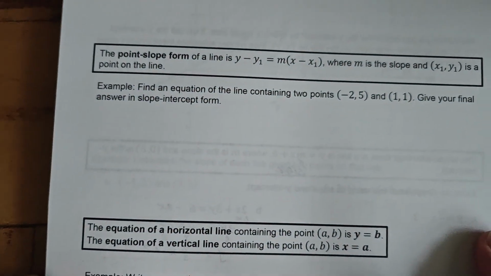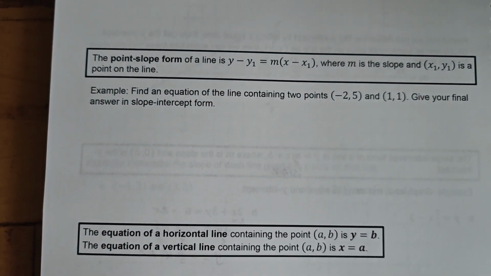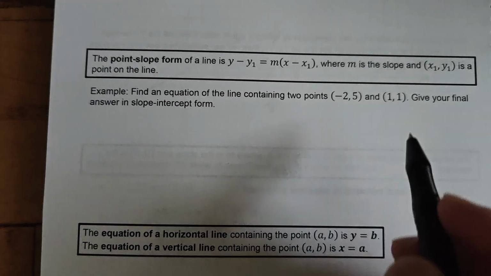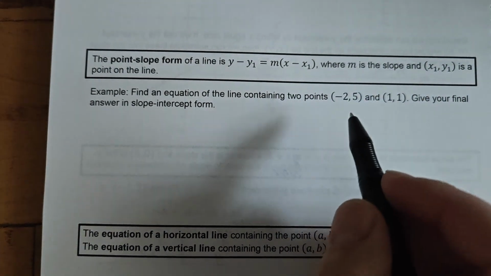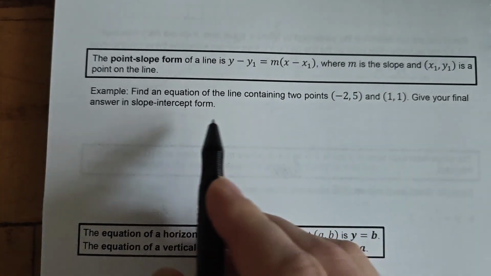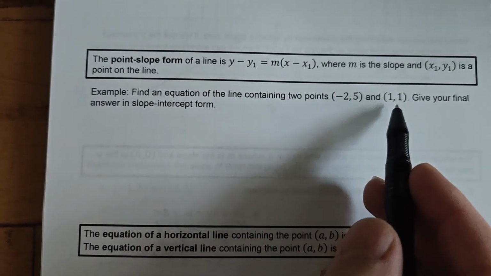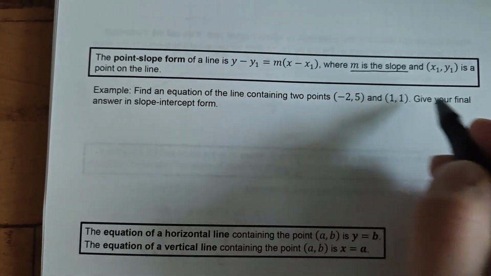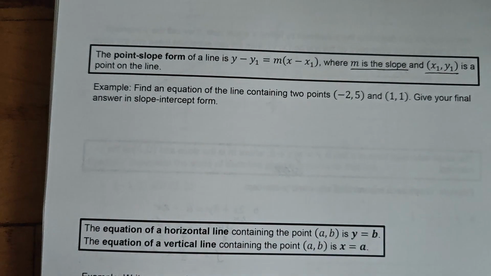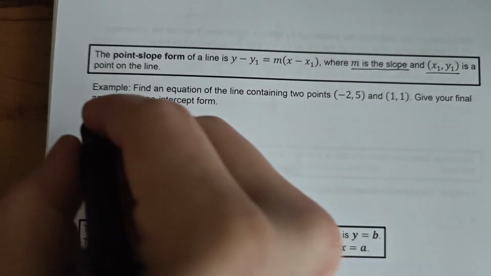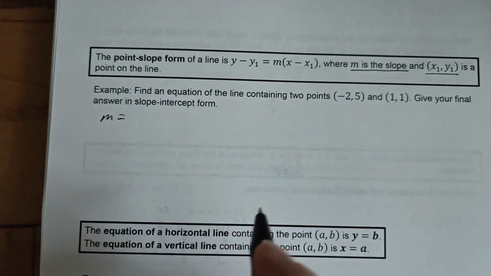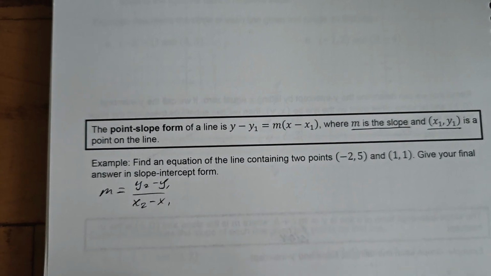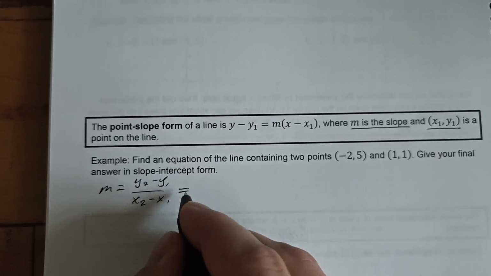Moving on from there, point-slope formula of a line is when you do not have the intercept. This is when you're given the slope and one other point, or when you're given 2 points. So this question right here says find the equation of the line given these 2 points. So for the point slope, you need the slope, and you need 1 point. Here we have 2 points, so the first thing we need to do is find the slope. Slope is equal to the change in y divided by the change in x. If we plug in those numbers, we get